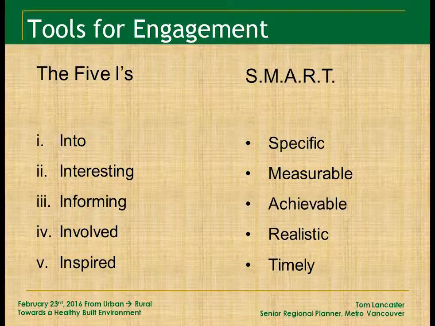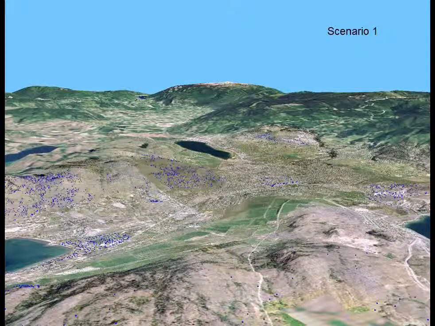Okay, so now what we've done, and this is the part where you can put your pens down for a sec. We go out to small towns and say we're going to come up with a visioning exercise, and we're going to come up with 3 options for what the future of development is going to look like in your small town. Anyone have a guess of where this is?